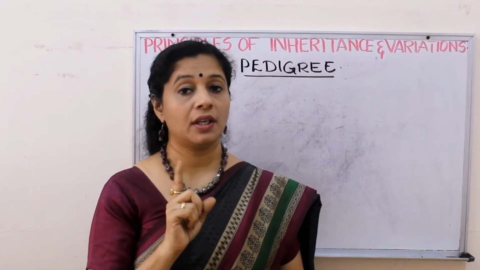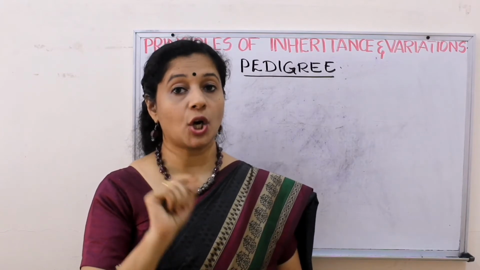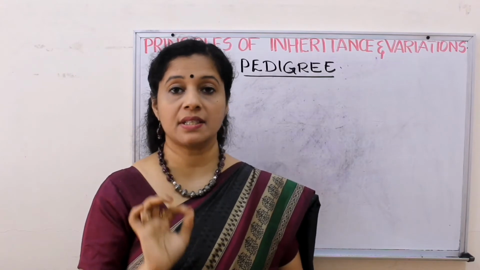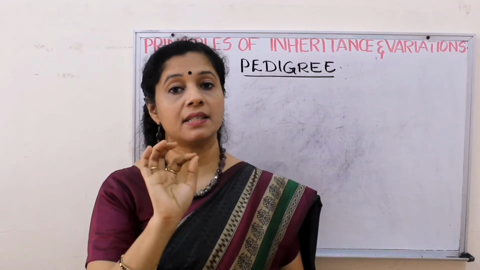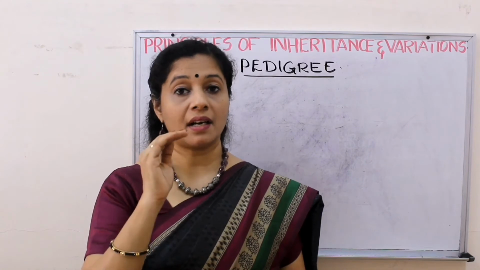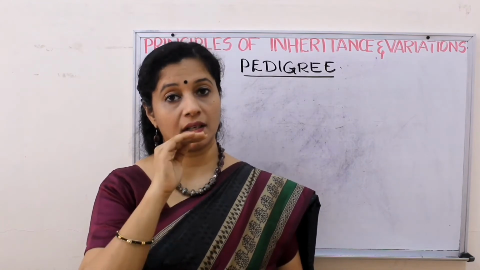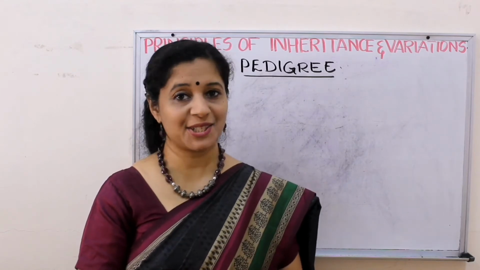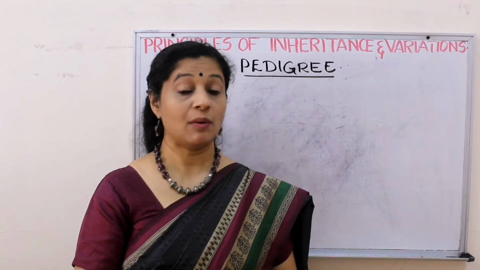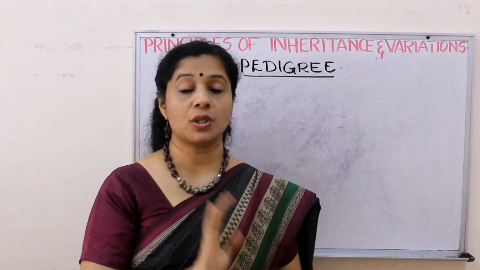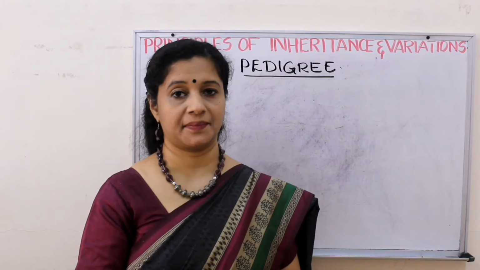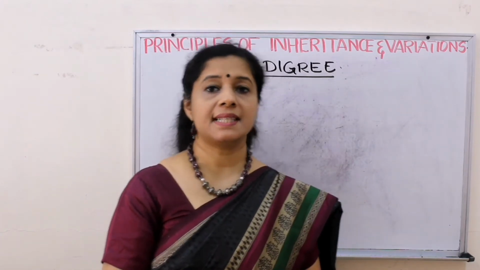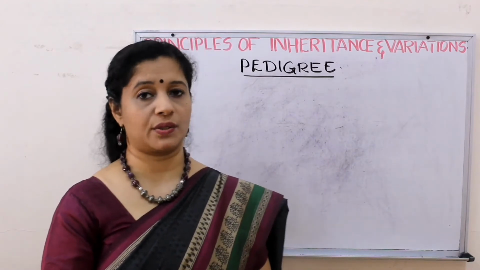The first clue, usually you get the first question, is it dominant or recessive? So look at the pedigree. If in all generations at least one individual is affected, that is dominant. If there are certain generations where not even a single individual is affected, that is recessive. Understood? Yes. What is the second question? Is it autosomal linked or sex linked? So there almost you will have to try out the pedigree, but still we can use some clues here also.